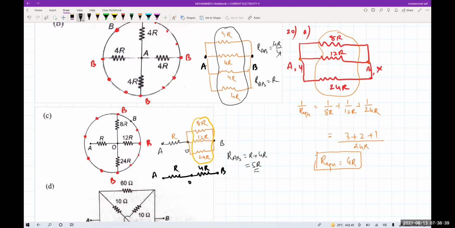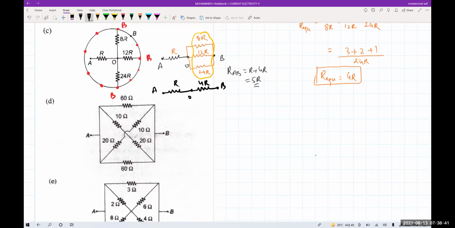Point number D. This is your A, so this is a point A. Now see this one carefully, beta. This is your point A, so this is also your A. This is also your A because they're connected by the wire. So everywhere on this it will be your A only. Do you agree? Is it clear? If this is a point B, this one is also B, this one is also B, and everywhere this will be B. Got it? Is it clear?